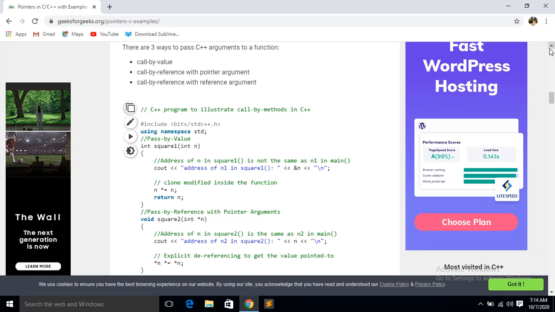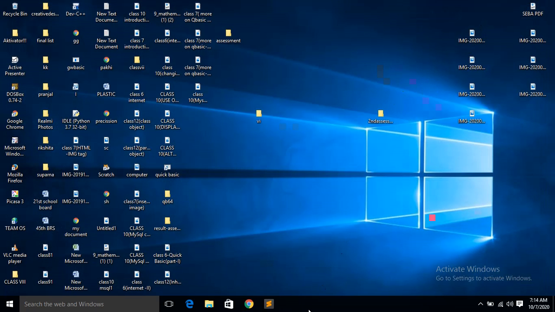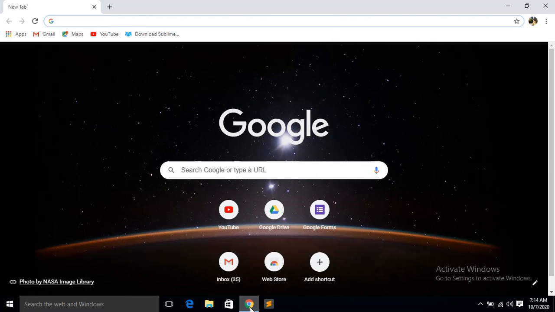Page number 384, program 8.7. So this kind of programs you can write as small programs in your copy. As I have already discussed in the last class, you have to write a minimum of 5 programs from each chapter.